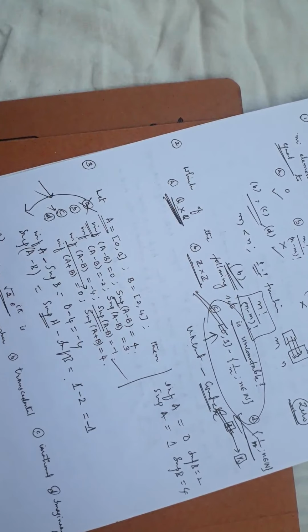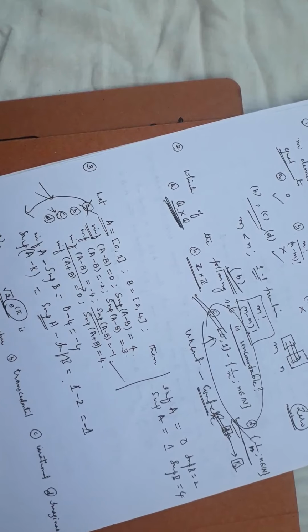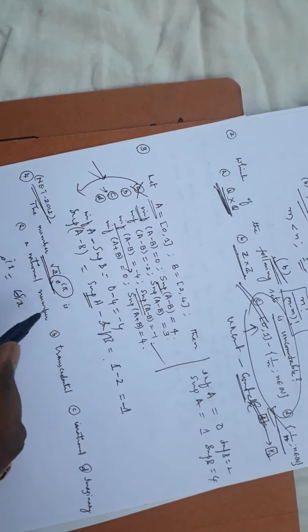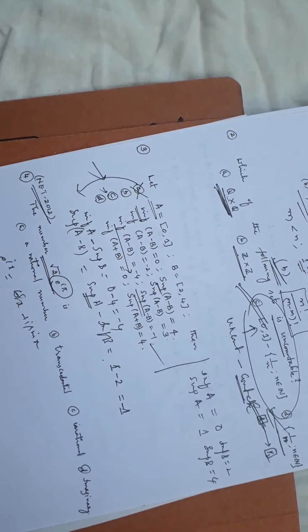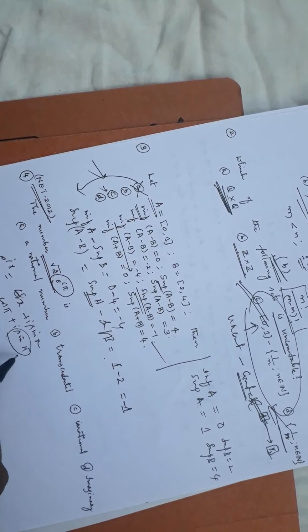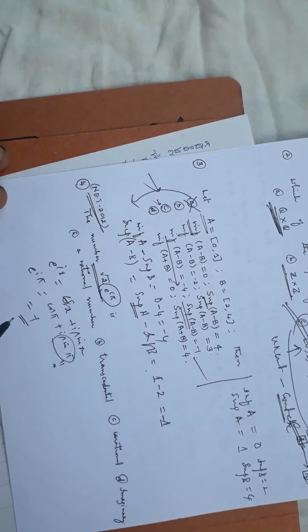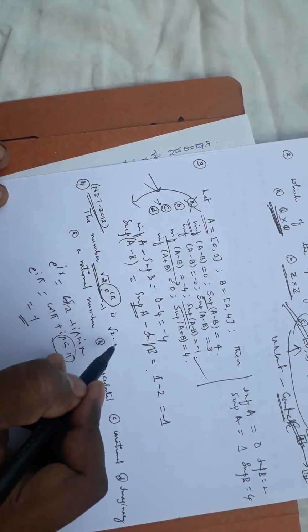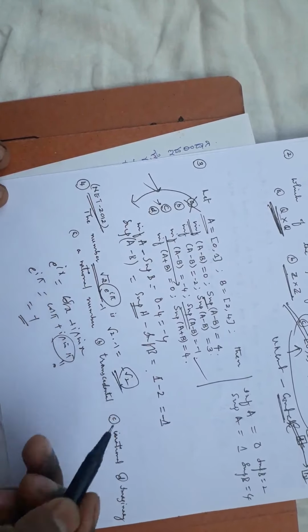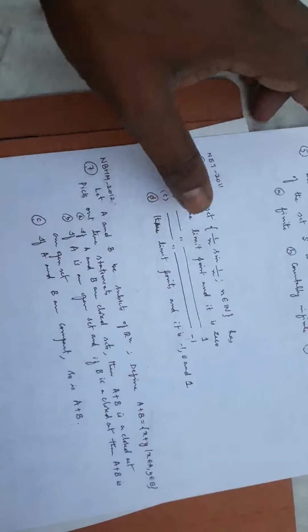Now again here, in NET 2012 it had asked the number root 2 into e to the power i pi. What is e to the power ix? It is cos x plus i sin x. What is e to the power i pi? It is cos pi plus i sin pi. Sin of any multiple of pi is 0. Cos of odd multiples of pi will be minus 1; cos of even multiples of pi will be plus 1. So this value is minus 1. Is it clear? So root 2 into minus 1 is minus root 2. Root 2 we already know is irrational, so minus root 2 is irrational. Just stick to it. Simple questions will be asked, so we need to concentrate, that's all.